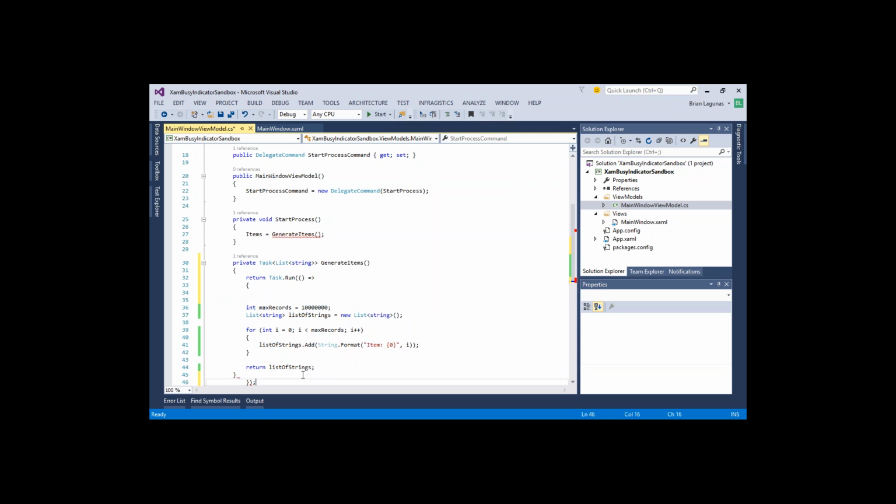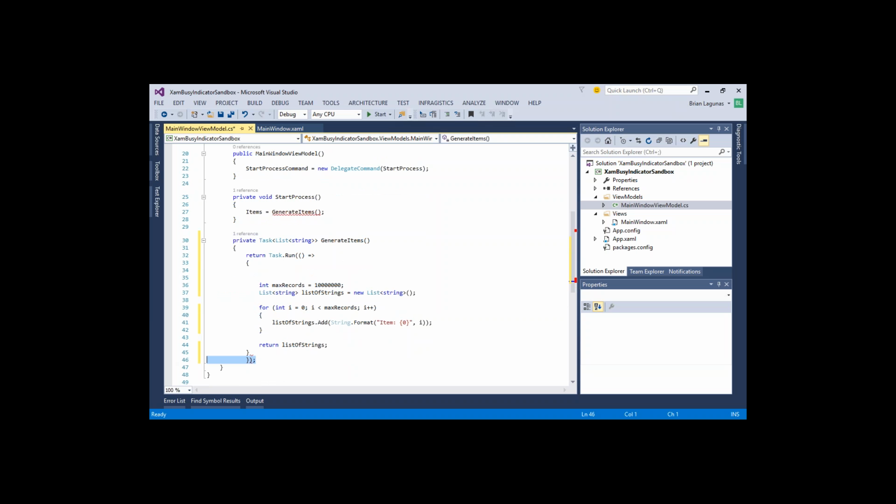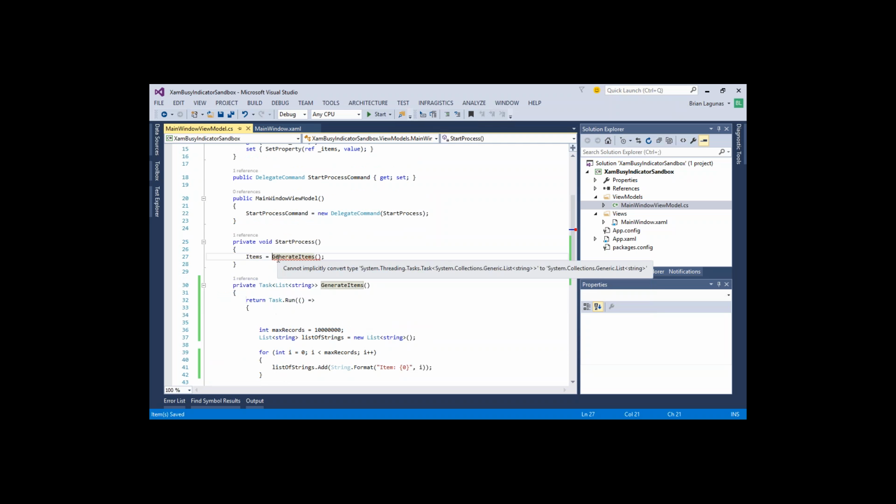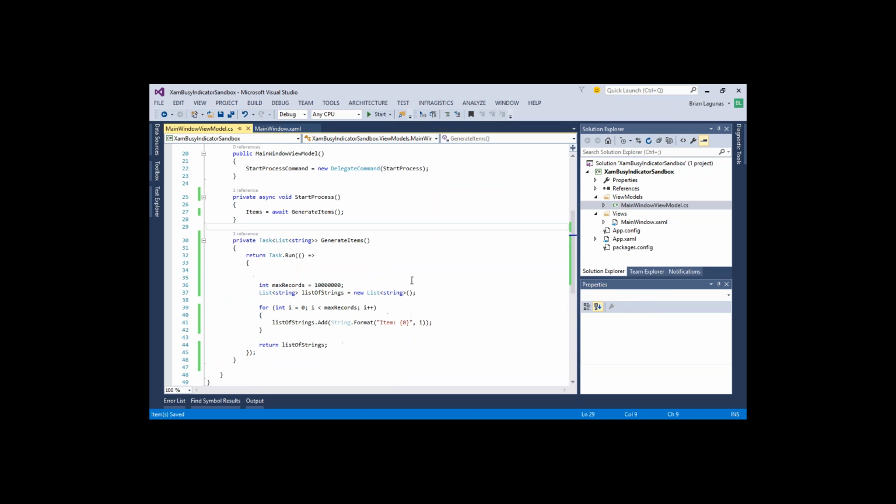Oh, went a little low on that. There we go. So we turn that to a Task.Run. That's all we have to do right there. Perfect. Now we just use our nice await syntax here, turn that into an async, and voila, we are multi-threaded. Pretty cool, right? So if we run the app again,